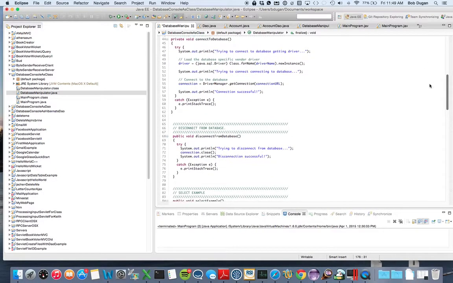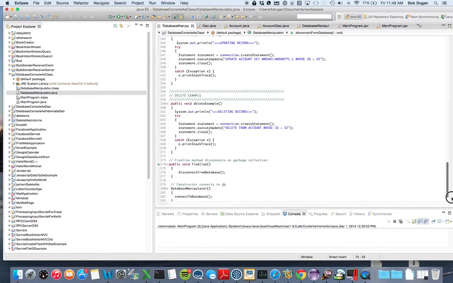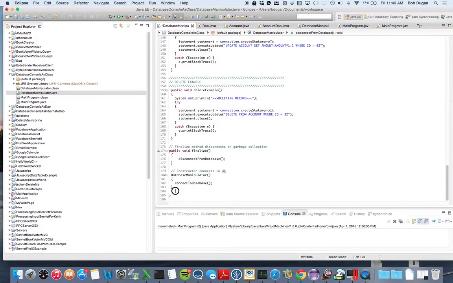What you do is you simply say, there's a try-catch block. There's a disconnect from the database. So there's a try-catch block, and we do connection.close. And that frees up the database connection resource. So you want to make sure you do that too, so that you don't have a bunch of database connections